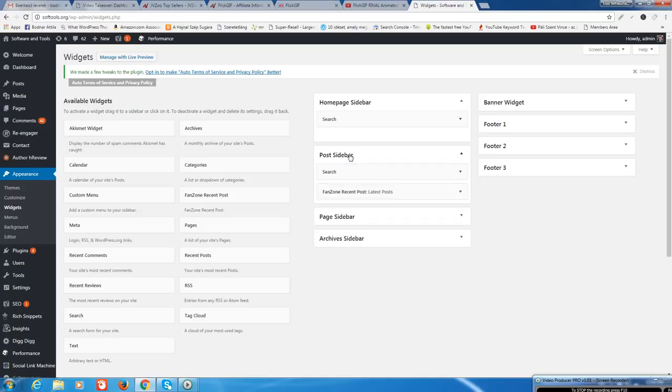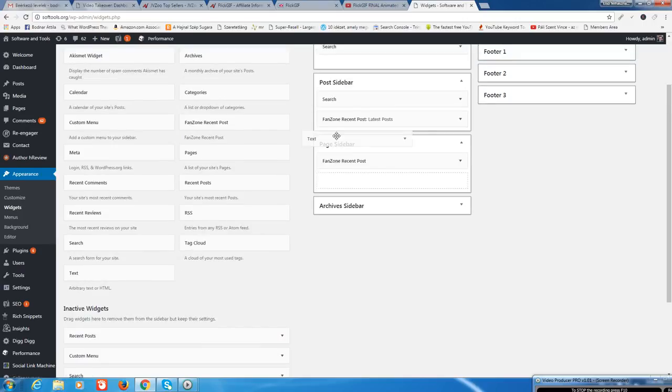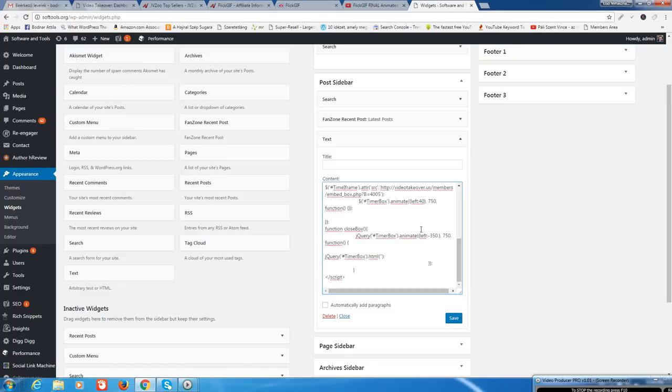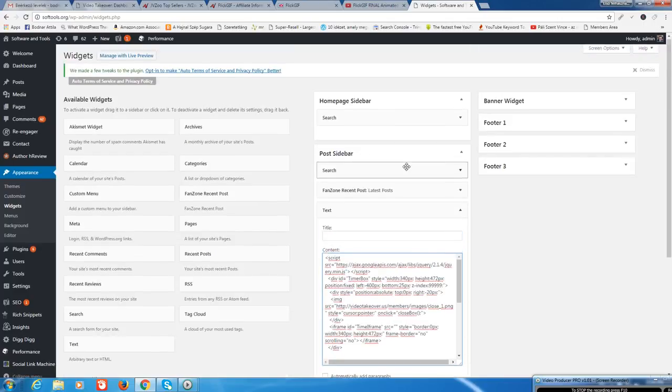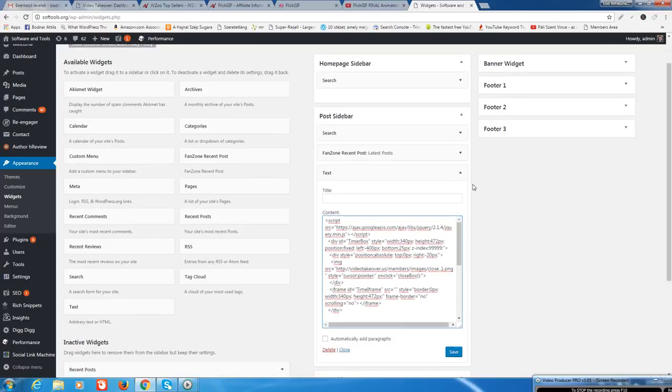I will choose this and I will insert the code, a text part here. I will put the code here. And because I put it on the post sidebar, this box will appear on every post that I have on my blog.